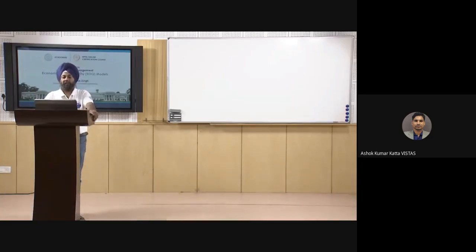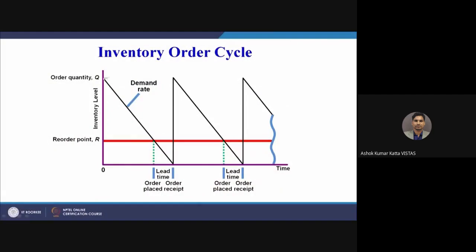So here the demand rate as per assumption is constant, and you can see that the quantity is being used continuously over a period of time. As soon as you reach the reorder point, that is depicted by the red line here, we have to place a new order. So here we place the new order, and this is the lead time. On the time scale, this dotted green line depicts the time when we have placed the order, and when we are receiving our order, this is the lead time. So we receive our order here,